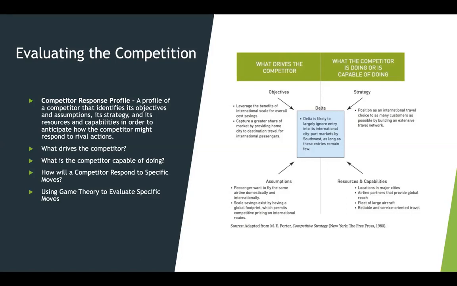Okay, so we still have two factors left, or two steps left. How will a competitor respond to specific moves? You can see on the very center of the picture, Delta is likely to largely ignore entry into its international city pair markets by Southwest as long as these entries remain few. Okay, so because they have the economy of scale for the international flights, they don't worry about just a few entries